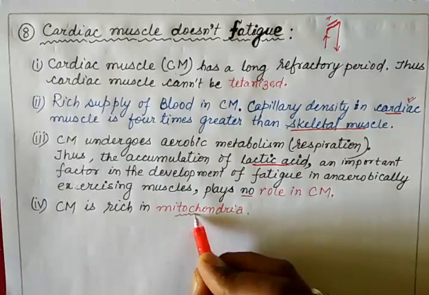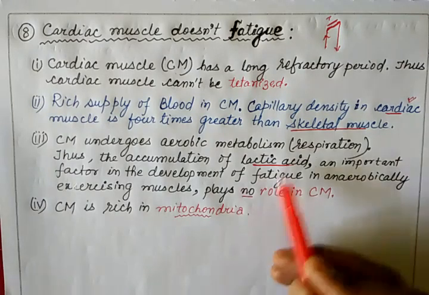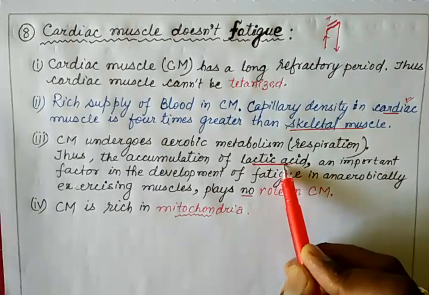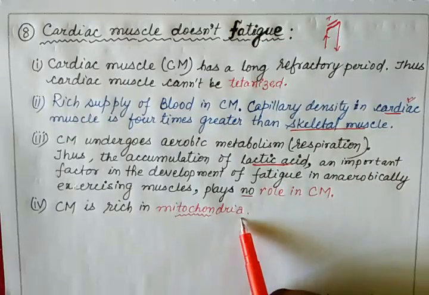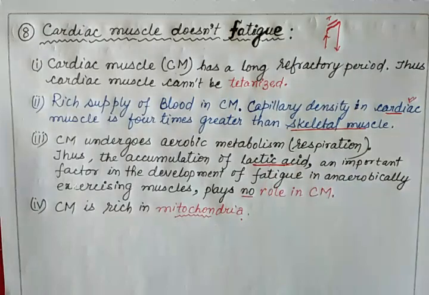So what is the role of excess mitochondria here? If abundant mitochondria are here, then more and more aerobic respiration will be going on and this lactic acid will not form. ये जो lactic acid बन रहा था with limited mitochondria in a cell, that lactic acid will not form, and these cardiac muscles have lots of mitochondria so that they metabolize the glucose rapidly and they generate ATP without forming this lactic acid. So I hope you have understood.